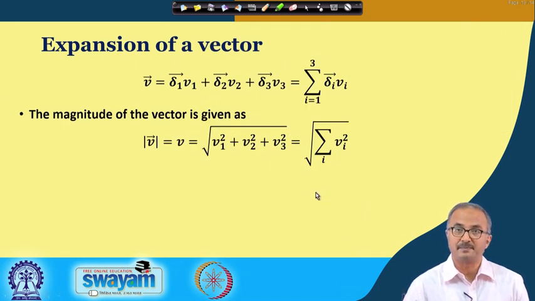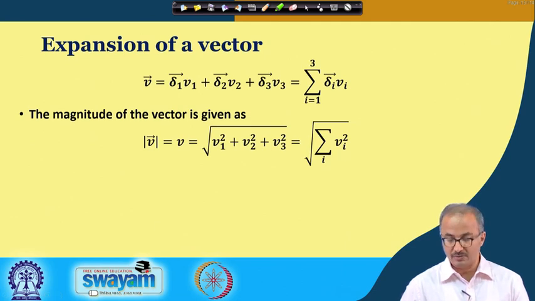And here we are now expanding a vector in terms of this dyadic vector delta. So you can see that now we are writing in terms of dyadic vectors, and how is it helping us? It is helping us to make it very concise. So we are just simply putting summation i from 1 to 3 of delta i into Vi. And the magnitude, we know, is that we take the square of each of the components, add them, and take the square root. We put this in terms of these symbols as the square root of the summation of the product Vi Vi, the product of each of the components.